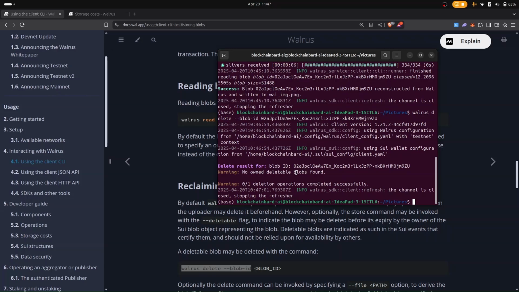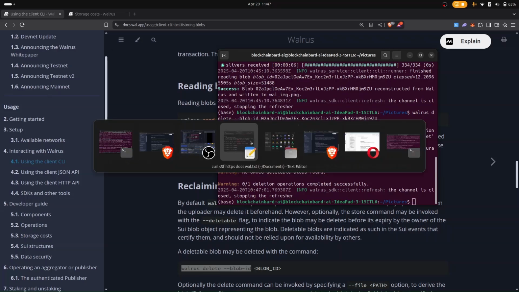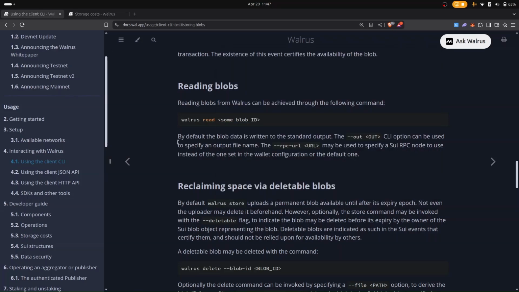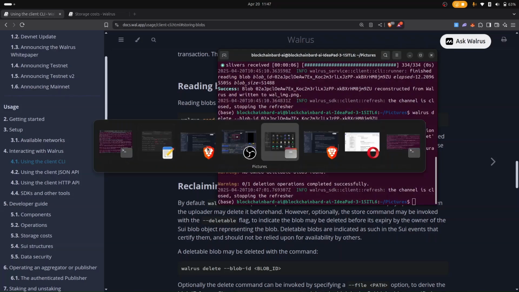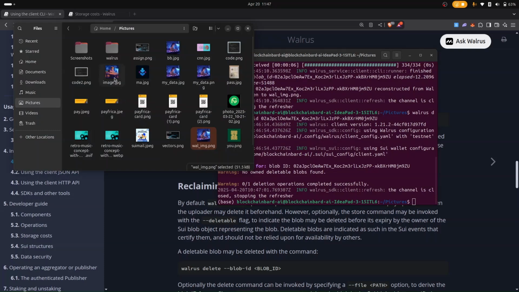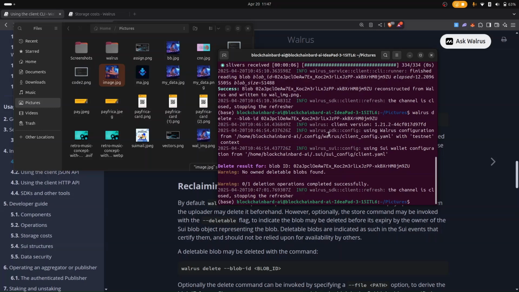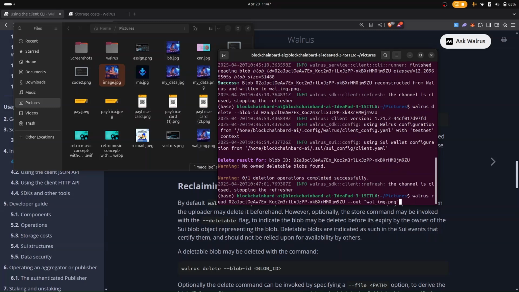So there are deletable blobs and there are non-deletable blobs. So by default, any file saved on Walrus cannot be deleted. They are not deletable blobs. So for you to save a file on Walrus that you can delete, you can come here and put the deletable flag. So let me go back to my command and open my file. So now let's say I want to save this img.jpg, this image. Let me copy it. And I want to save it on Walrus, and I want to be able to delete it. Right now, our previous image cannot be deleted. So now this one, for me to be able to delete it,